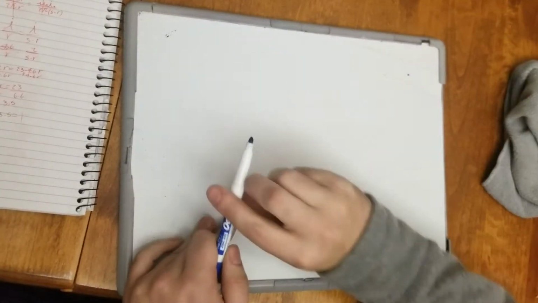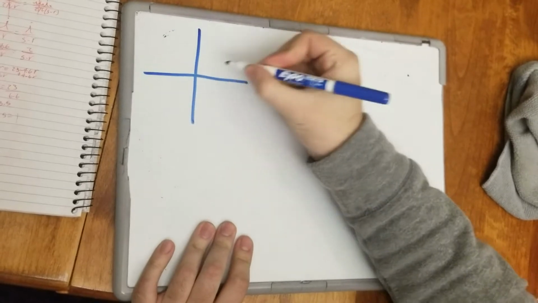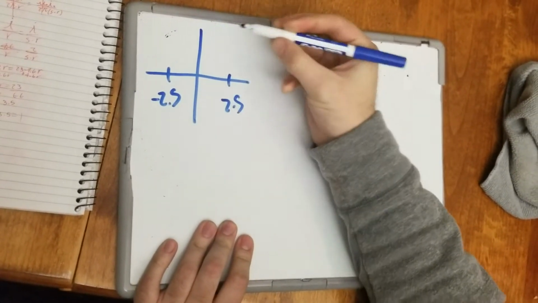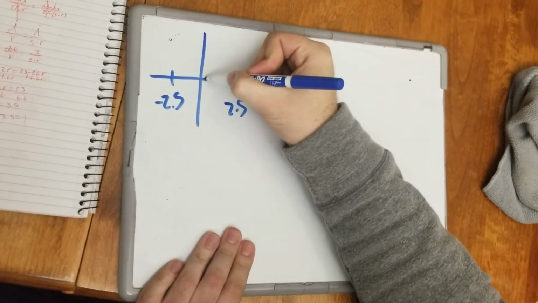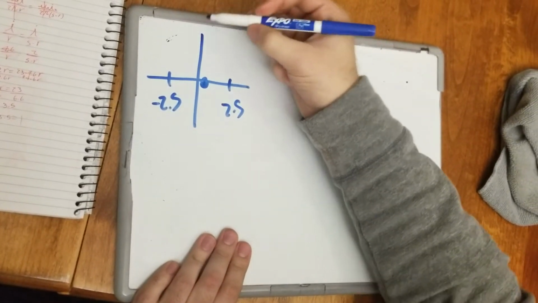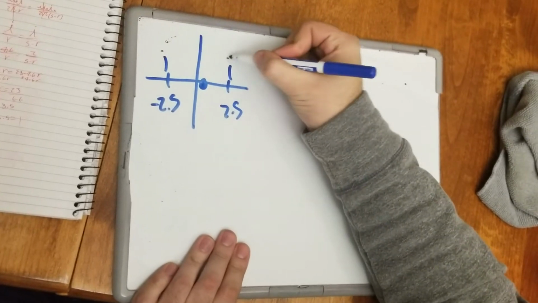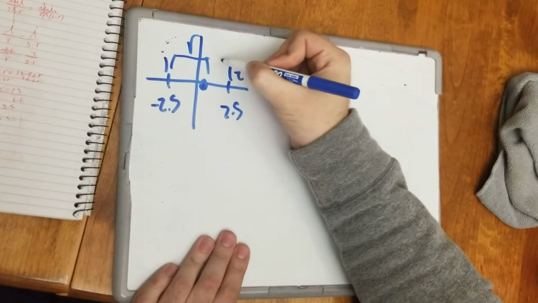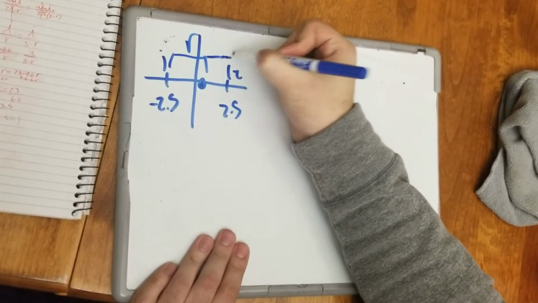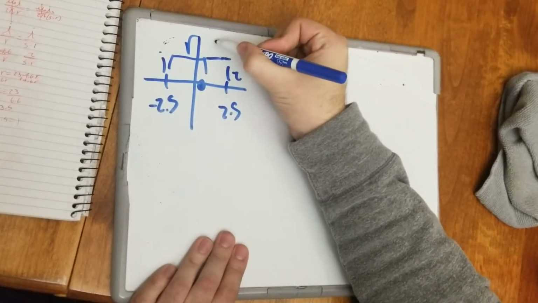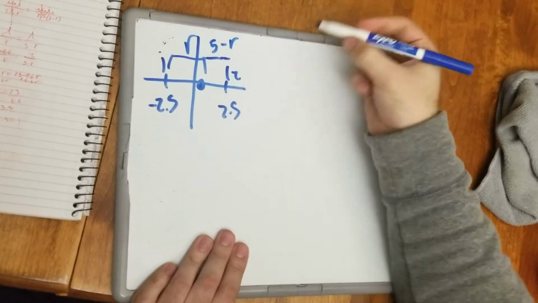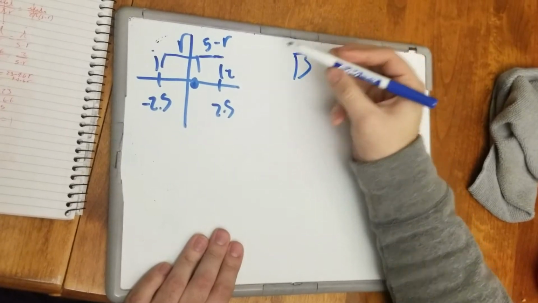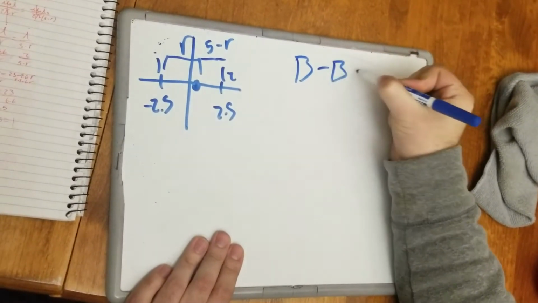Let's rewrite it. So here's our point, negative 2.5, 2.5. Point somewhere in between. We don't know where. This is I. This is I2. This is a distance R. And we can call this distance 5 minus R. So each one has a field B, and where they cancel out, it'll be B minus B2